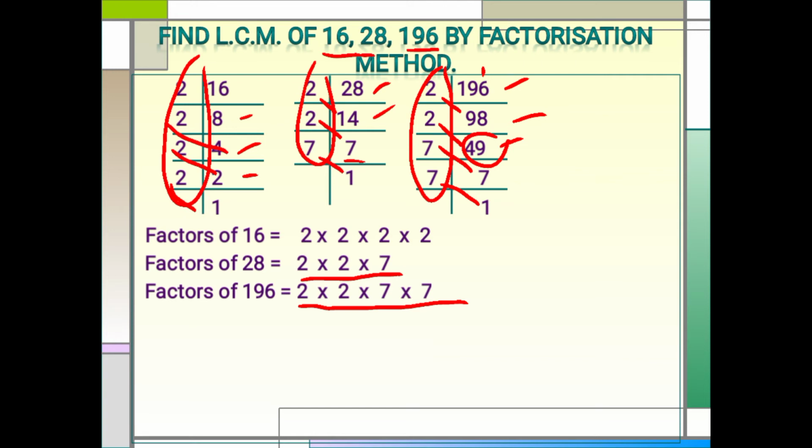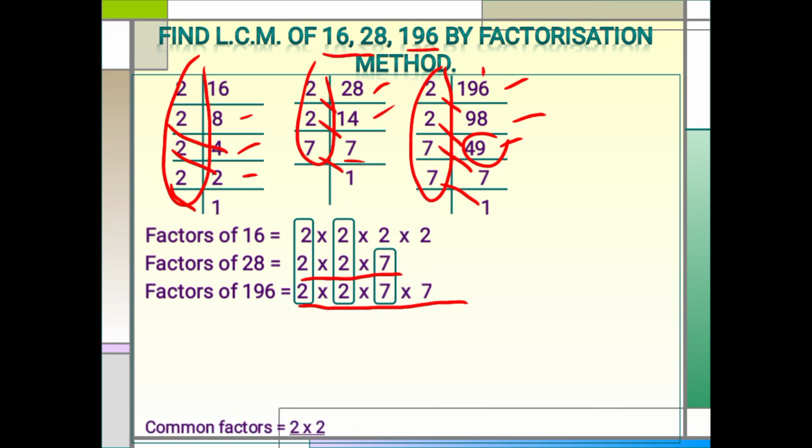Now in the next step you are going to find the common factors. So common factors here are these two 2s, and this one is also a common factor. Since you are finding the LCM here, you will also make a loop around the factors common between two numbers as well. So as you can see here, this 7 is also common, so you will make a loop around it as well, and nothing else is common here.